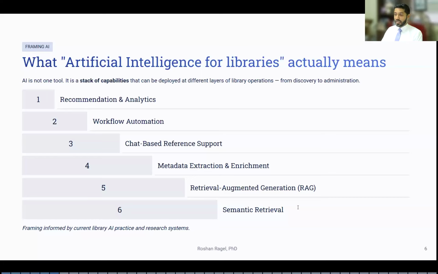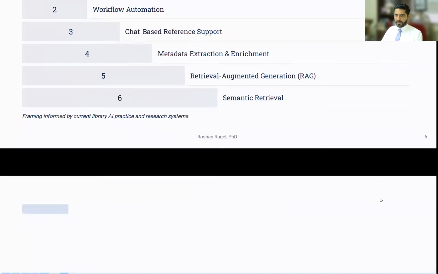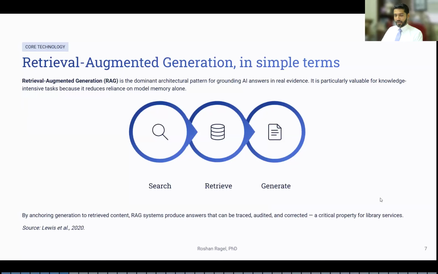And obviously, we can also use it now for semantic retrieval, meaning retrieval is no longer keyword based. Retrieval in the past used to be keyword based. We just put in keywords and looked for resources based on keywords, but not anymore with AI. Now it's possible with some AI techniques to retrieve items which are semantically similar, not just keyword similar. Go beyond, meaning we are looking for documents with the same meaning and so on. There's a lot of research happening in this area, and I believe libraries can integrate these ideas at different stages to bring the requirement into place.